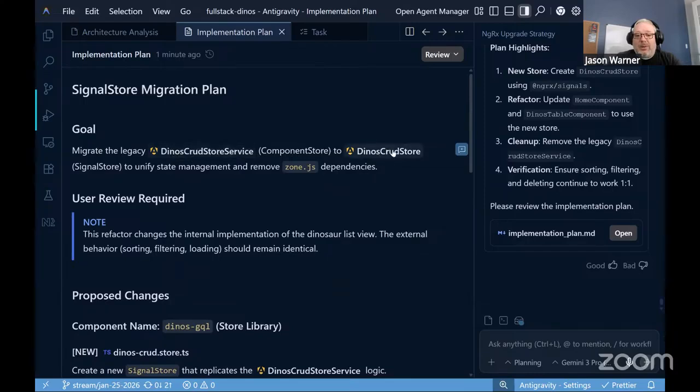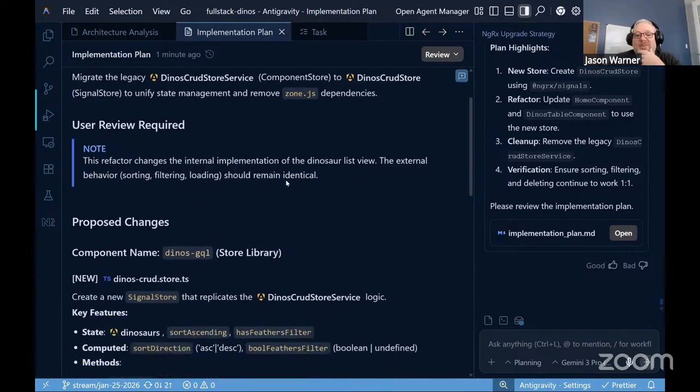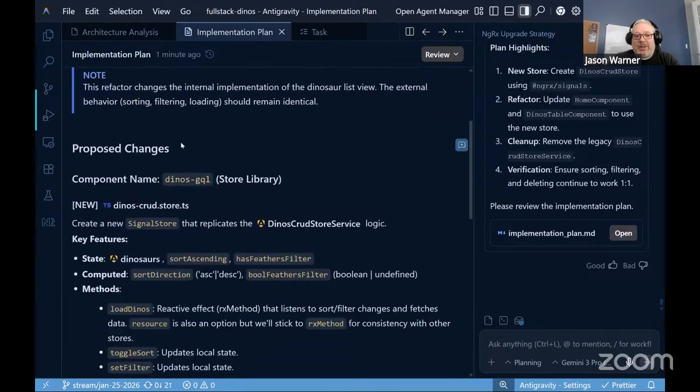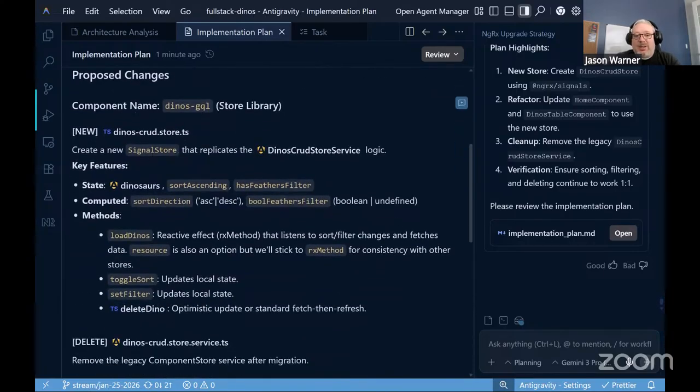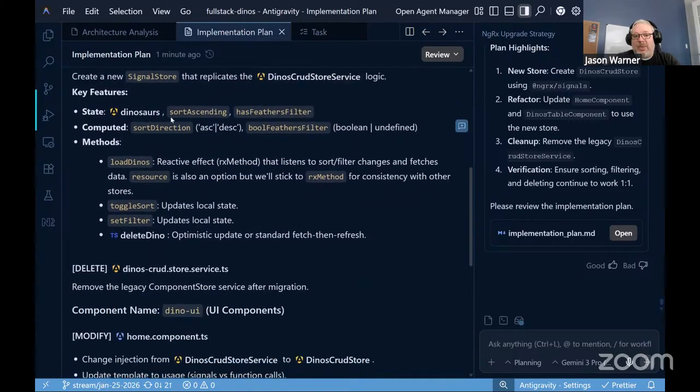So the goal is to migrate from this to a new one. We've already removed Zone.js. User review required. This refactor changes the internal. This is really cool that it called this out. Proposed changes. New dinos crud store.ts, create a new signal store. So it's going to have dinosaur state, a sort ascending and has feathers, a computed sort direction and feathers filter,